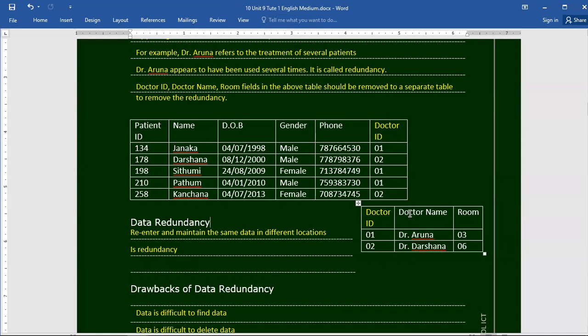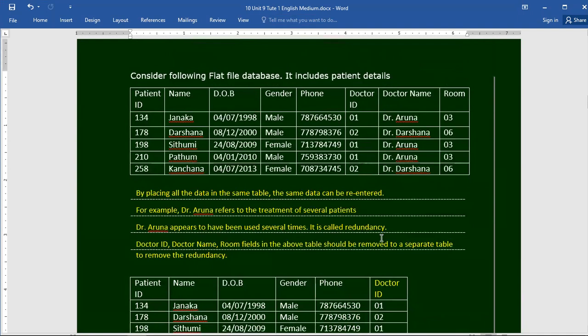In this example, doctor IDs come from the doctor table into the patient table to create the relationship between the two tables. So we separate into two or more tables to eliminate redundancy normally. So now we know what redundancy means.